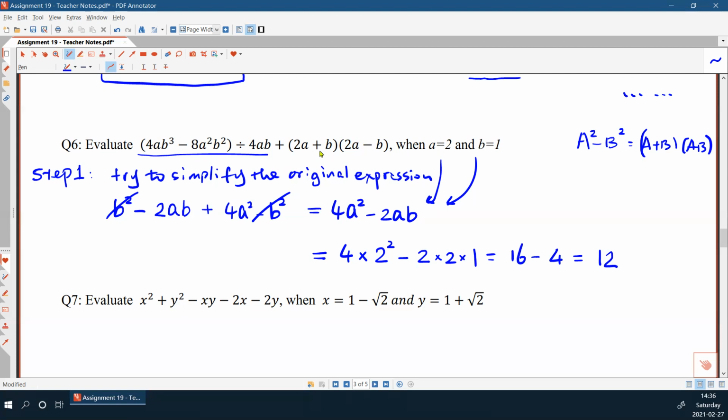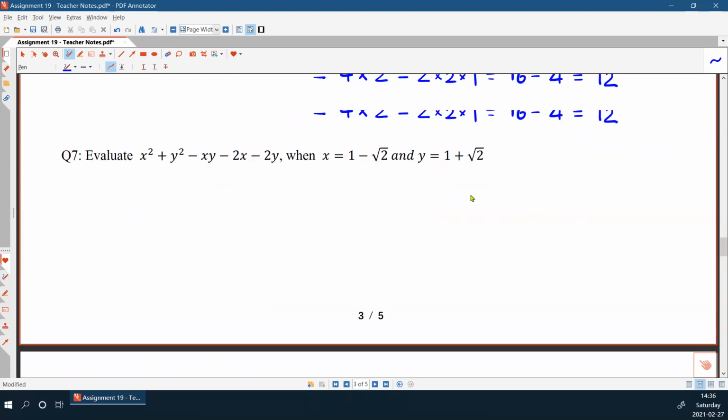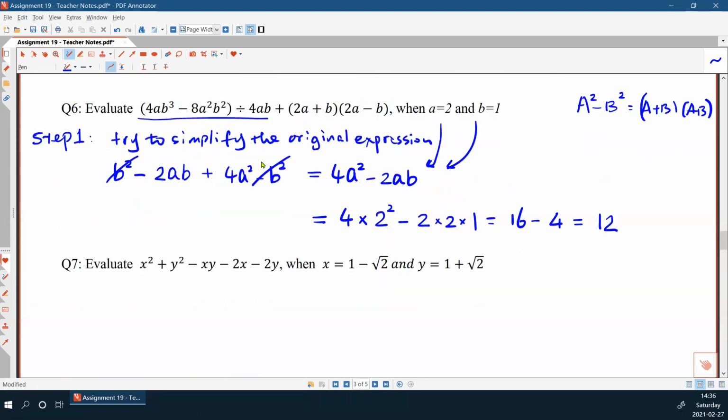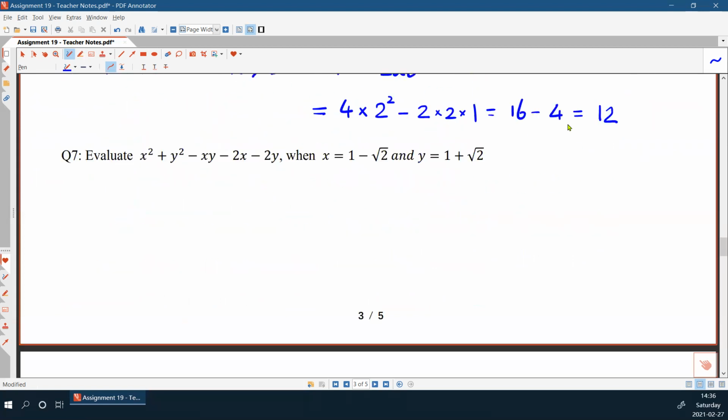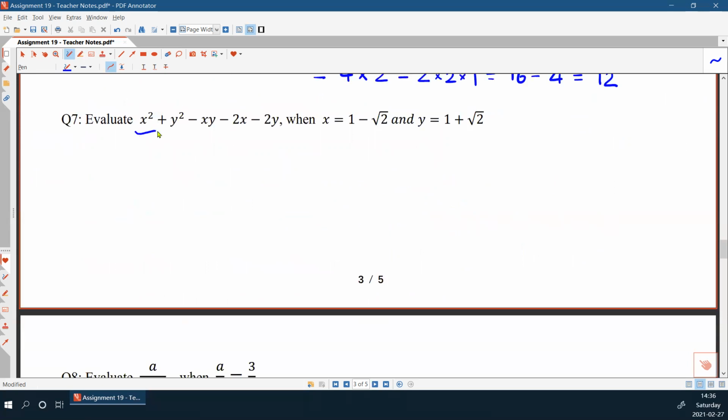All right. Let's see another example, which is question 7. This is actually based on the same logic in question 6. First of all, if you want to simplify this, of course, you can just insert the values directly, right? Or you can have a look at it if you can make it to some simplified expression to make the problem easier. Okay, so let's have a look at both of the methods. Okay, so method 1,